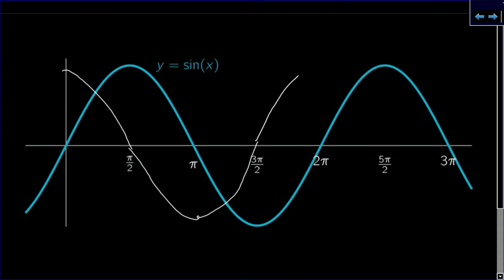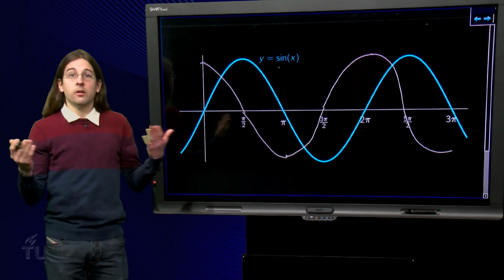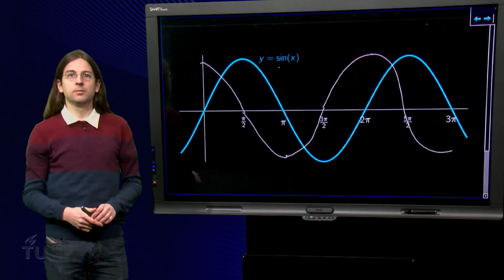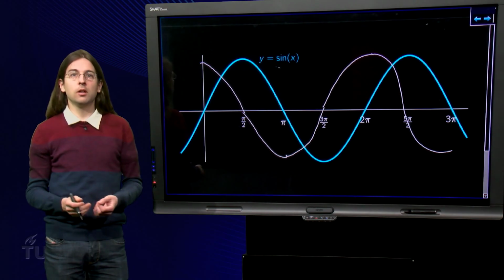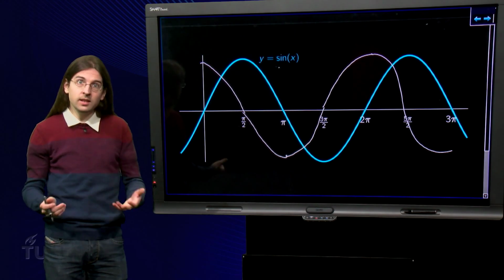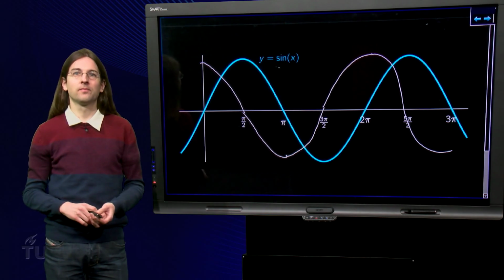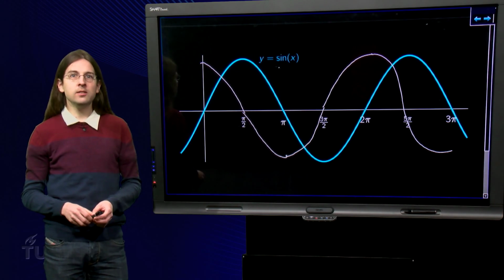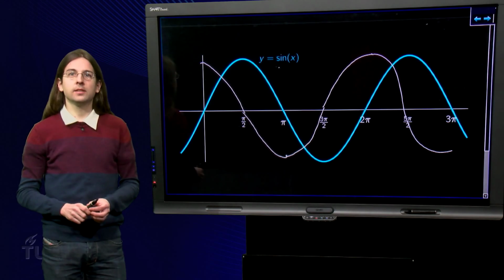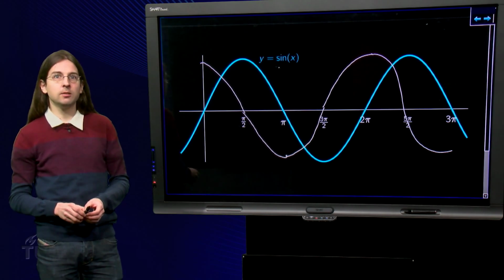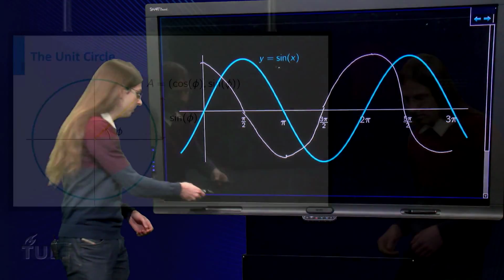Then it increases again until 2 pi, and subsequently we see that because the sine function is 2 pi periodic, the derivative also repeats itself. We have now drawn the graph of the derivative. Does it look like a function we know? Indeed, it looks like the cosine. Notice that we can easily remember it is plus cosine, as the derivative must be positive at x equals 0, since the sine is going up.